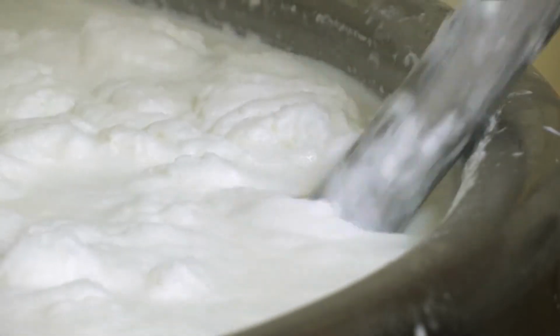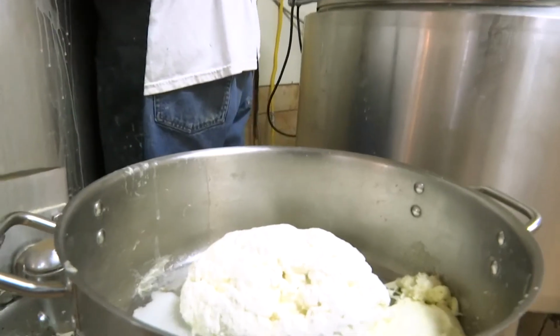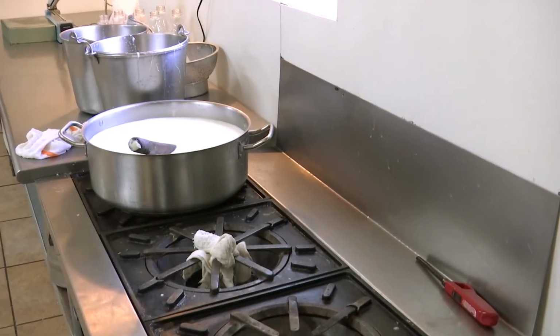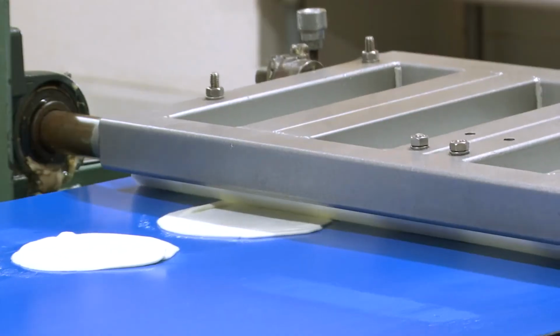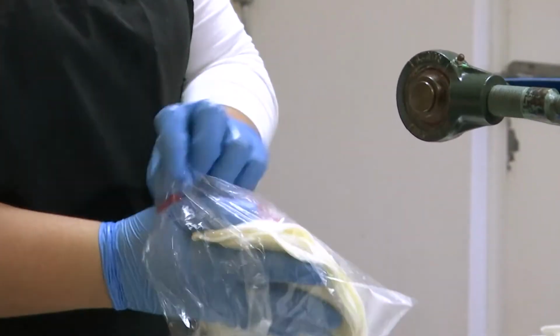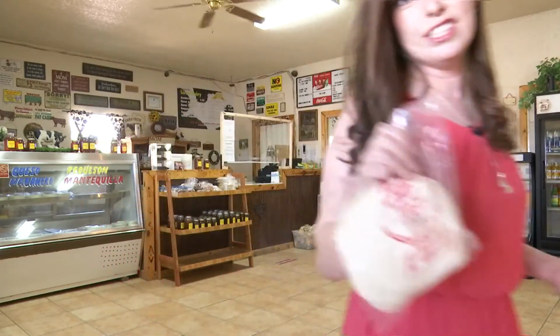First, the milk is pasteurized, then it is mixed with a special solution until the cheese is separated from the curd. It's heated until it reaches the right consistency. Separated into the perfect size, it's flattened with a tortilla press. Ten slices into the bag. We use the same recipe for 60 years. After you visit the grocery store to get yourself some cheese,